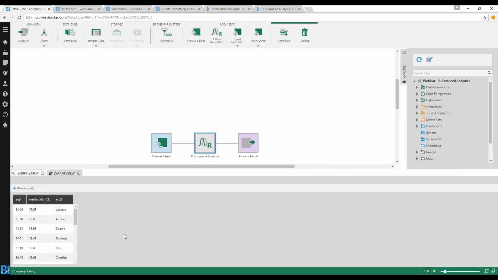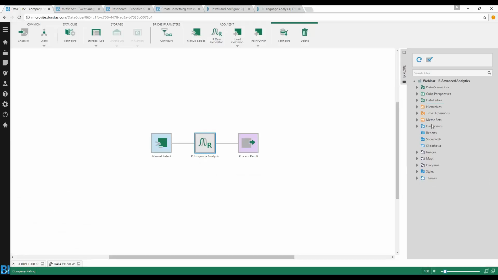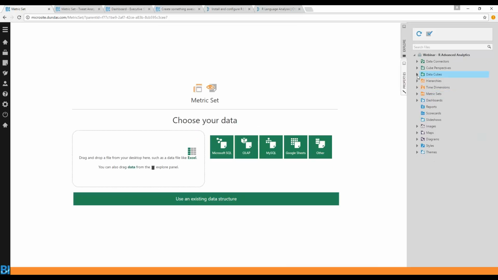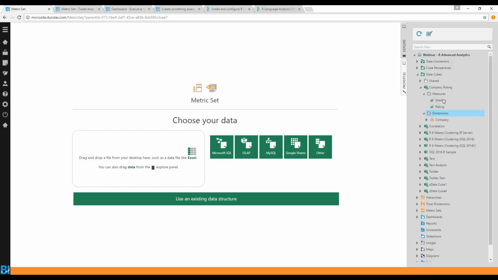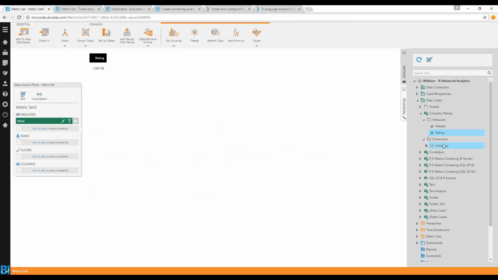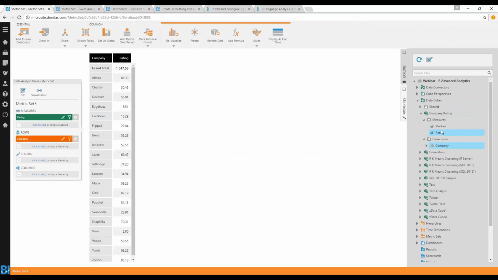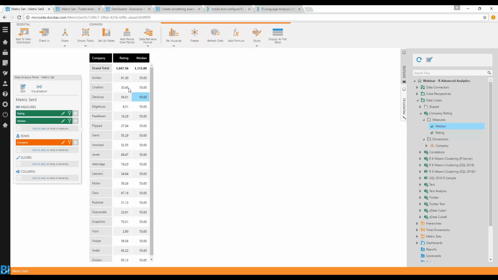Now, what this looks like is if I go into the preview, you can see that these are the two columns that are coming from my database, and this is the median calculation. How do you use this? How do you visualize this inside Dundas BI? You open the data exploration panel called the metric set, open the data cube. Now, whenever you create your analysis, it gets created as a data cube, and all you do is just drag and drop. So here's the rating, here's the company, and if you want to compare it to a median, just drag and drop the median. So this median is coming from the R language analysis that you've done using the median formula,